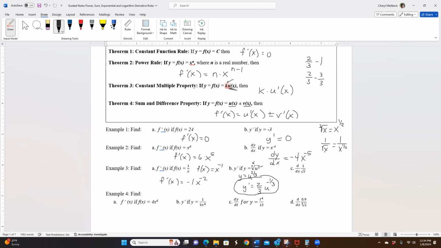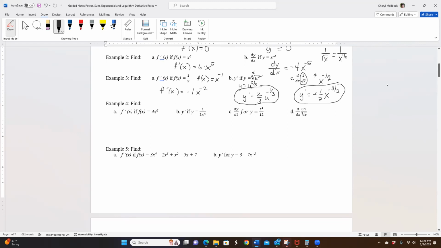Just like we did here, we called this x to the negative 1. So this will become x to the negative 1/2. That's what we really have here with this expression. So if we're taking the derivative of that, we're going to get a negative 1/2 x, and if you subtract 1 from this, you get a negative 3/2. You have to remember how to subtract exponents. Let's go ahead and look at example 4